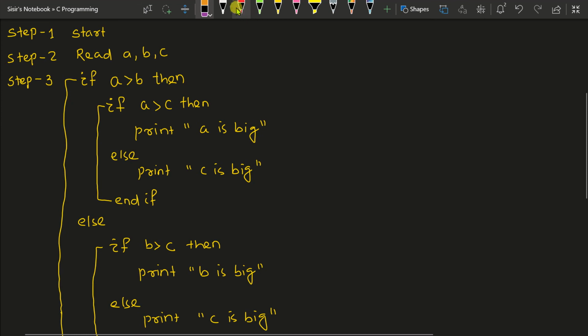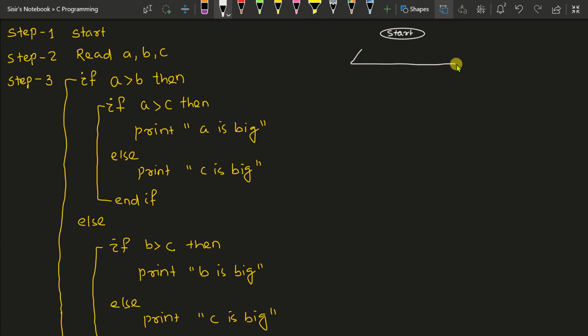Right. Okay, so the first line will be start. So we will draw the flowchart from here. I'm writing start here. So after the start button, there will be read ABC. So this is an input output statement. So I have to draw a parallelogram for the input output. So this will be read